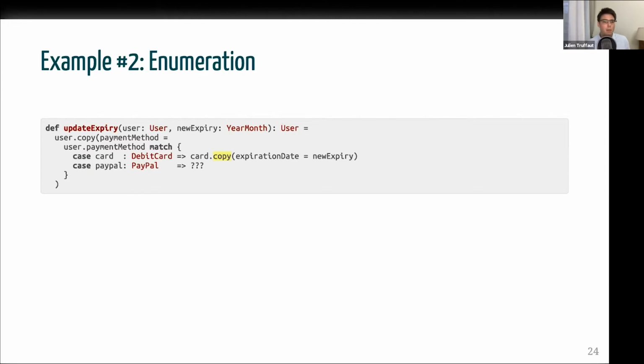We are a bit stuck because a PayPal account doesn't have an expiration date. So we can't set this new expiry inside it. And we have to return a payment method because we are within a copy method. So this is the expected type. The only other thing we could do is throw an exception, but this is something we try to avoid in FP. So in fact, here we only have one option,